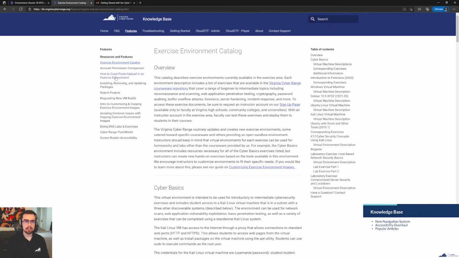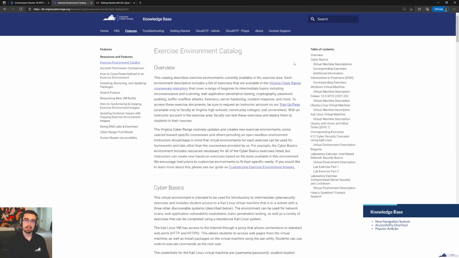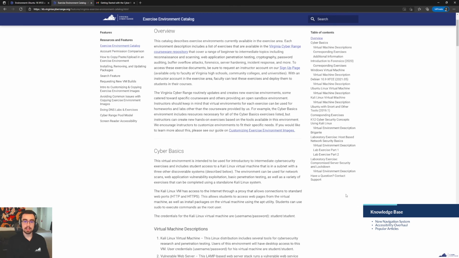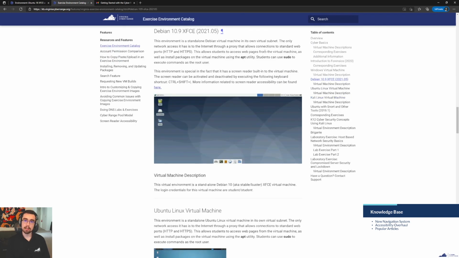Along the left side, you'll be able to jump between the different articles in this category. So there's a whole bunch of different articles in our features section. On the right side, you'll see a table of contents of that article. This one's pretty long because we have a bit of a description and more information for each of our exercise environments. If there was one particular that you wanted to learn about, maybe Debian 10, you can click on that. It'll take you right to that section.